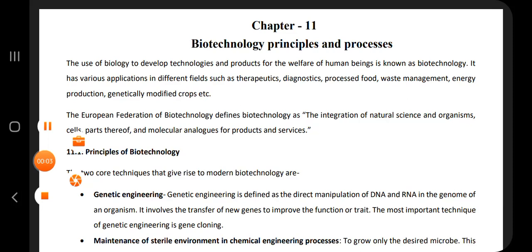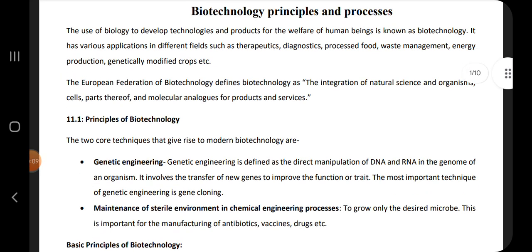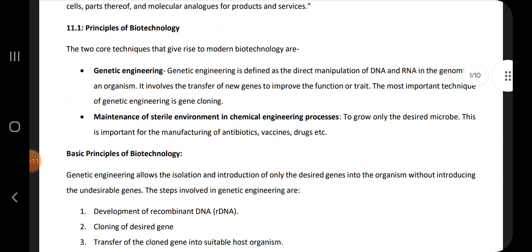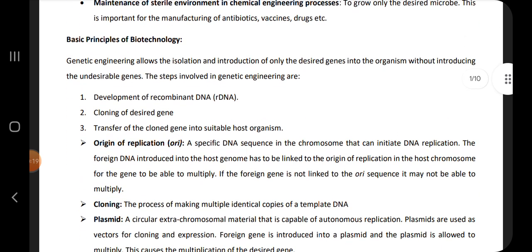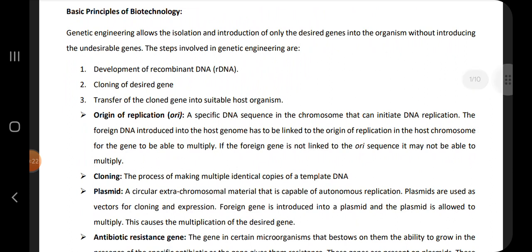In this video lecture, we will cover a new chapter of biology, that is biotechnology, principles and processes. So, there are two principles of biotechnology: genetic engineering and maintenance of sterile environment in chemical engineering processes. The basic principles of biotech. Genetic engineering allows the isolation and introduction of only the desired gene into the organism without introducing the undesired genes. Steps involved in genetic engineering are development of rDNA, cloning of desired gene, transfer of gene into suitable